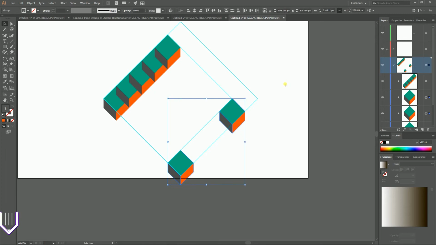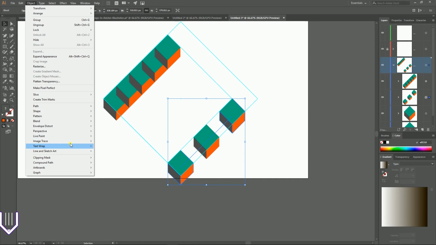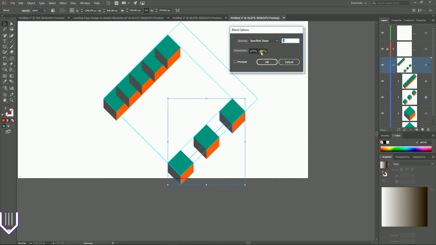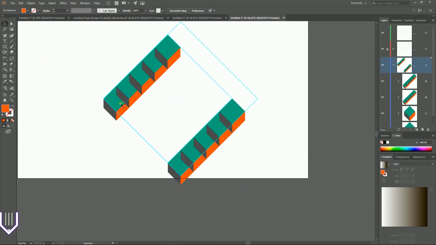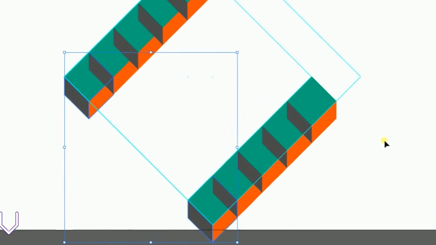The same as here. So make it again. Ctrl Alt B. Go and bring up the dialog box here. Specified Steps, set it to 3, click OK. The same here. Now let's lock both blends on our panel and then select these two squares. Let me hide my blends for a second, and again